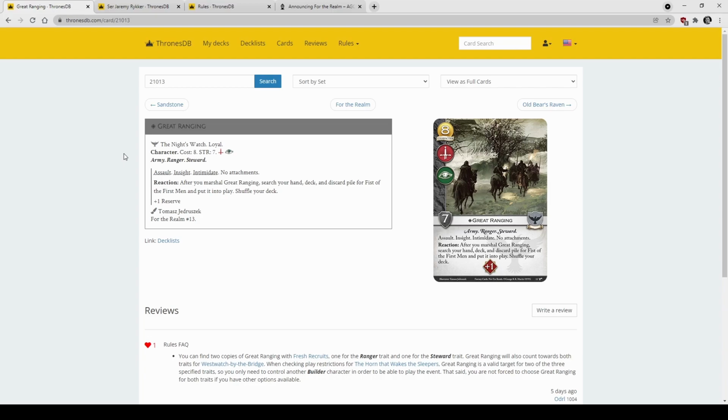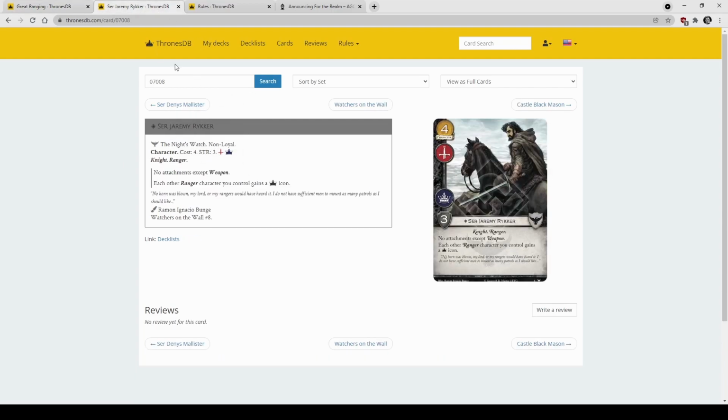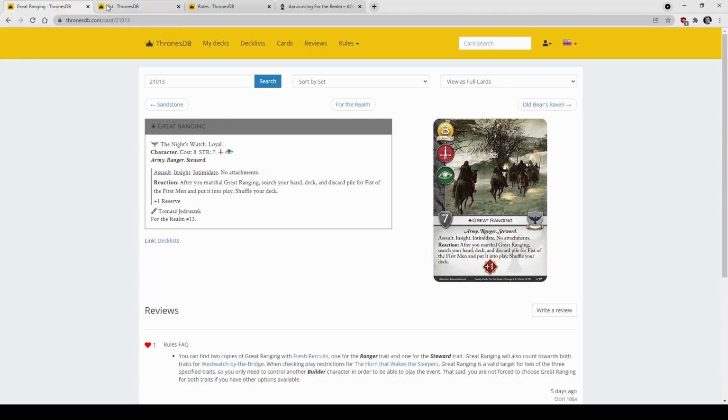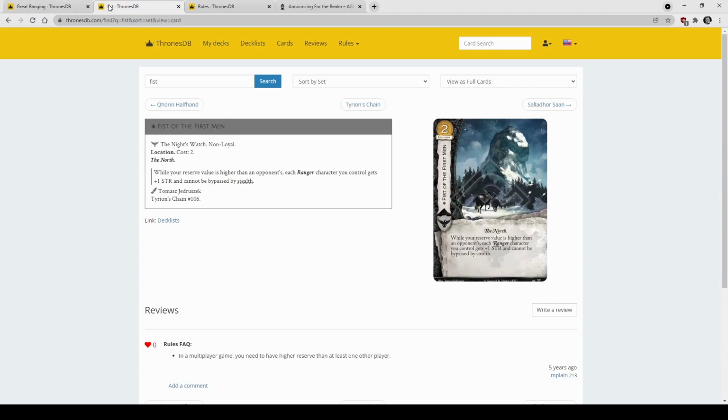And then the reaction is pretty simple. It just puts Fist of the First Men into play. So let's have a look at what that does. I bet most people don't even know, because it's a card that basically is not played. So while your reserve value is higher than an opponent's, each Ranger character you control gets +1 strength and cannot be bypassed by stealth. So Great Ranging gives a +1 reserve itself,